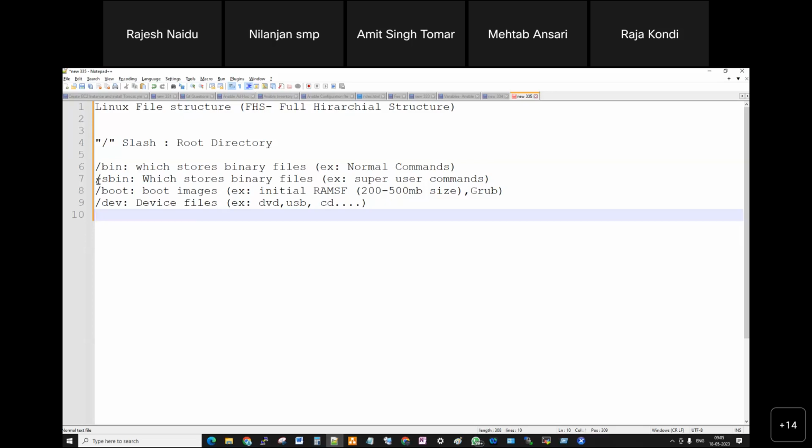Booting means powering on and displaying the screen. Again, if you want to shut down and power on, that is called rebooting. And which file takes care of that? Maybe one of the files in this boot image, maybe not. No idea. But if you want to use your system, these files are very important. Okay.